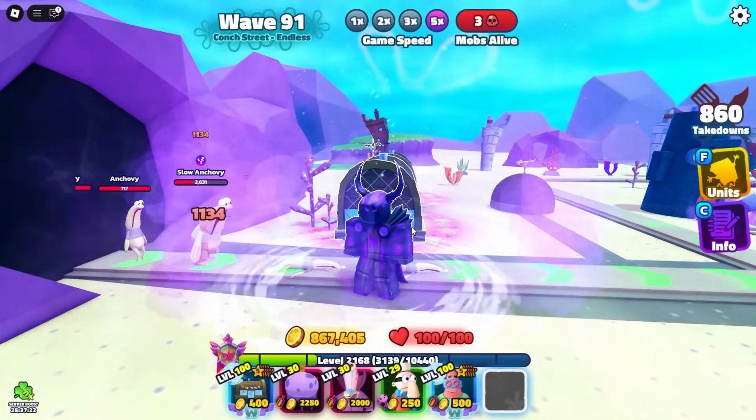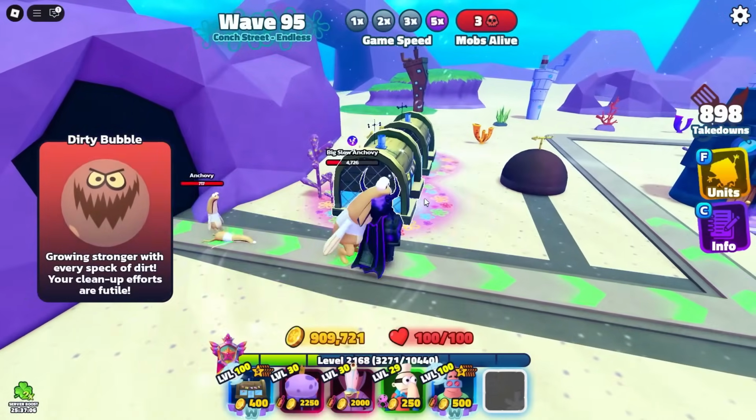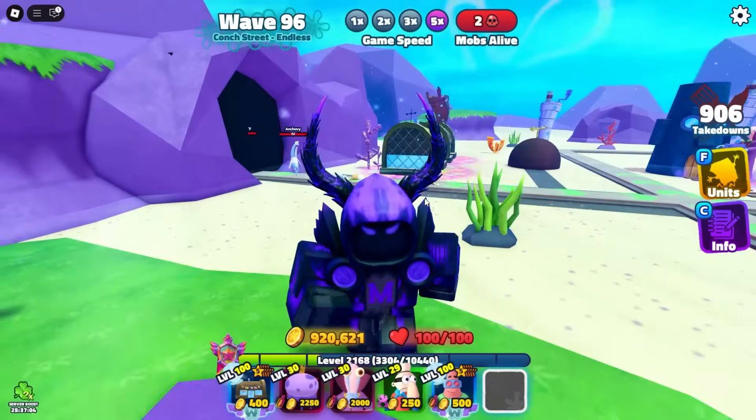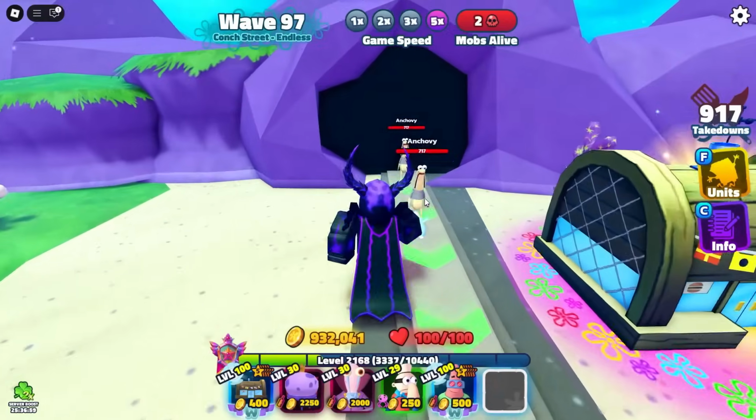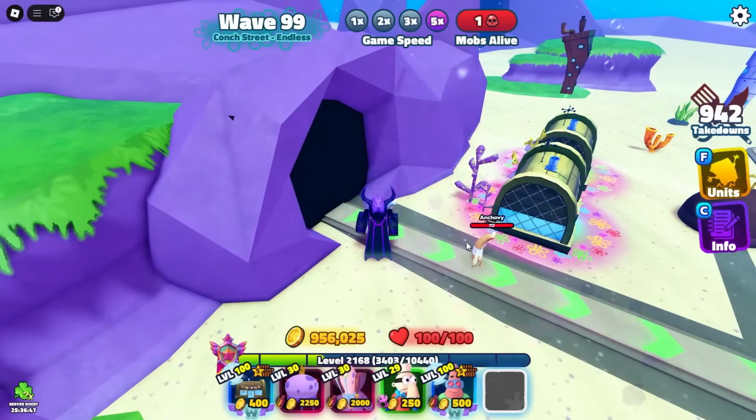Now we're officially 5 waves away from wave 100, and the next medium-sized dirty bubble also died over this way, but now we're officially 4 waves away from wave 100. And now we're only 3 waves away, and 2 waves away, 1 wave away, and boom,